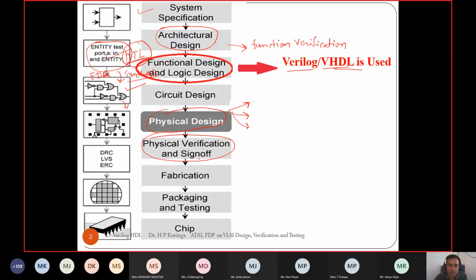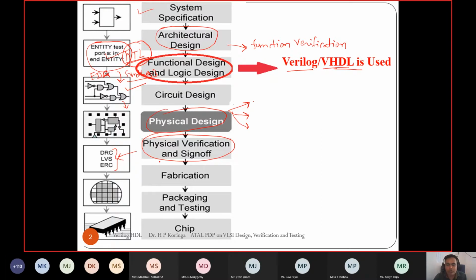In design sign off, the main three tasks are DRC, LVS, and ERC. You will learn these in that session. This entire FDP is planned in such a way that it covers everything from the system specification to the sign off.